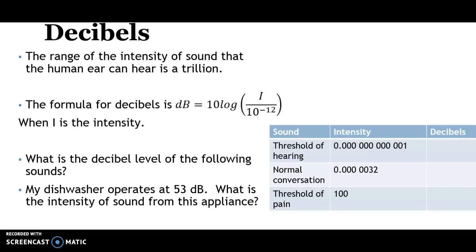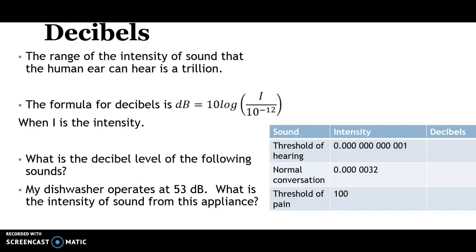Hello, we're going to look at an example of decibels. The range of intensity of sound that the human ear can hear is 1 trillion. That is a huge range. And so a logarithmic scale is used to convert those intensities into decibels. Because the logarithmic scale condenses large numbers into manageable numbers, this gives us numbers in decibels that are very easy